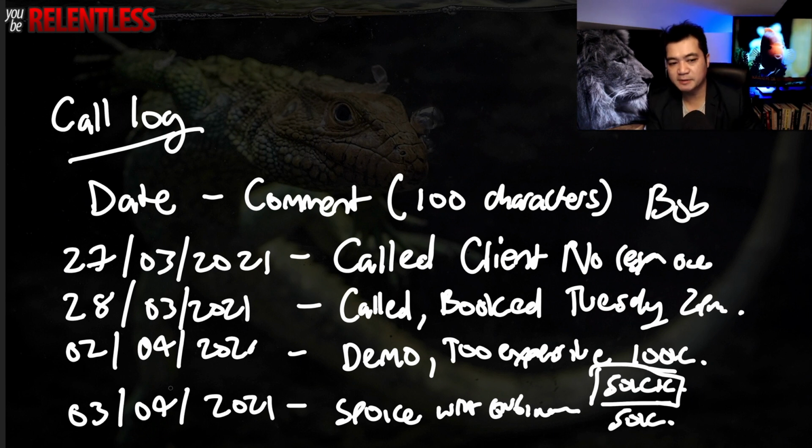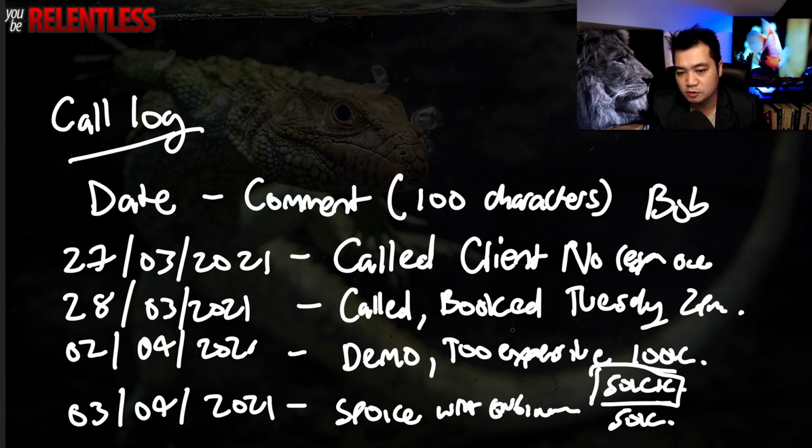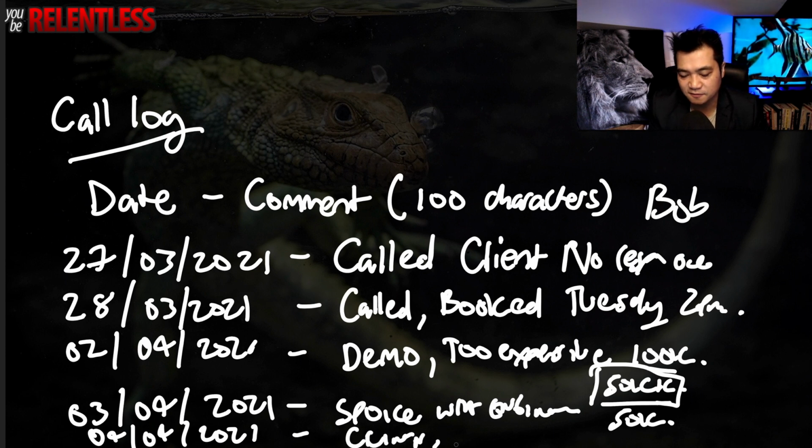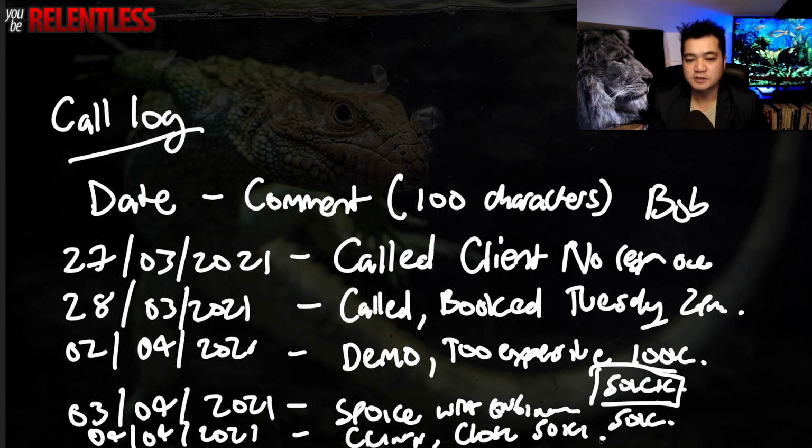Okay, so I'm keeping a call log so I can see that I called the client, booked, did the demo, and then on the third, I spoke to the engineers and it was 50K, and then on the 4th, 2021, I spoke to the client. Oops, my writing's falling off now. Client closed 50K. So you can see that that's how I update the CRM. It's very simple, very clean. You've got the date there. You've got the very brief summary of the call, of the communication, the history,